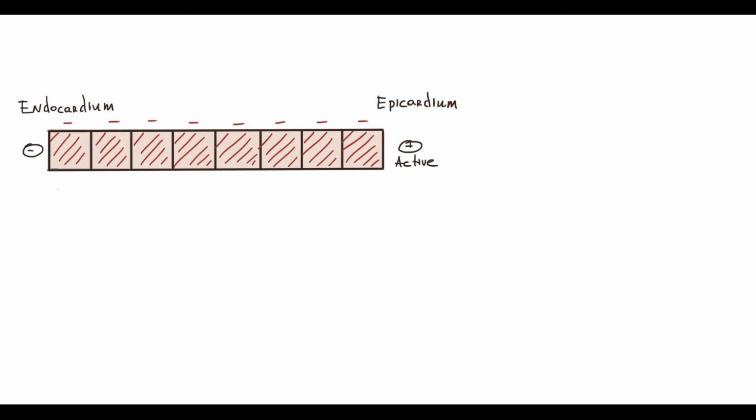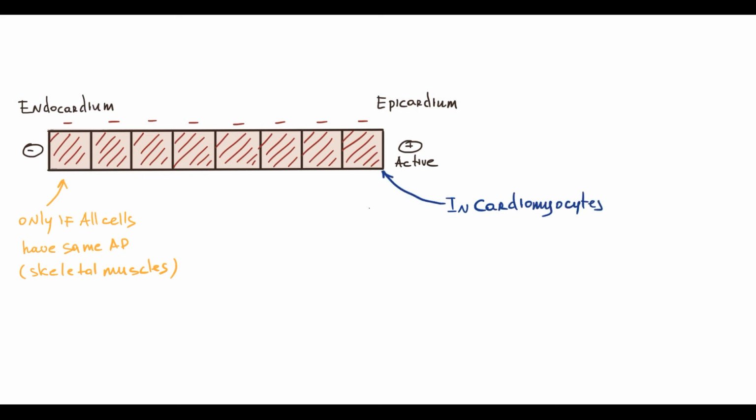Logically, the first cell that has to restore the positive charge is the cell that depolarized first. But this works only if all cells have the same duration of an action potential, like for example skeletal muscles. But in cardiomyocytes, repolarization begins from the most epicardially located cell, because epicardial cells restore their positive charge earlier than endocardial cells. This concept will be explained in more detail, but if a cell repolarizes and restores its positive charge,